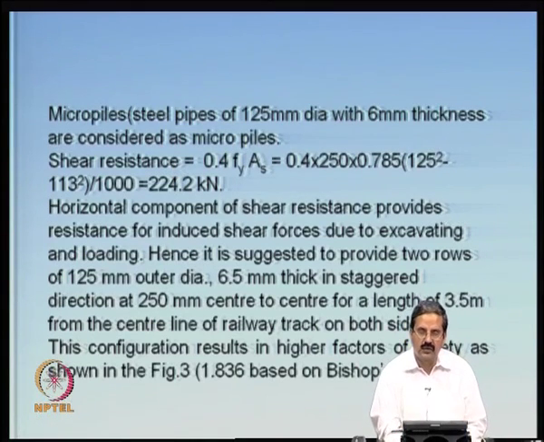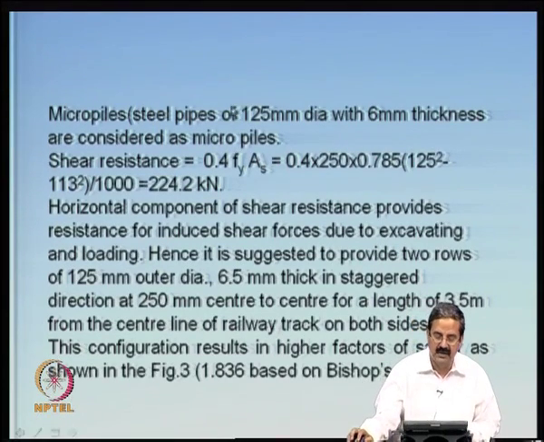Actually, if you go to tables, we know the shear strength of steel also. Steel is very good in tension, but it can also be used as a shear member, because when compared to soil its shear resistance is much higher; it cannot be sheared easily. So, what is its capacity? If you look at the books, it shows that if you know its yield strength, it is 0.4 Fy into As. So, you have the area and all those calculations. 224.2 kilonewtons was the shear resistance from a single pile.